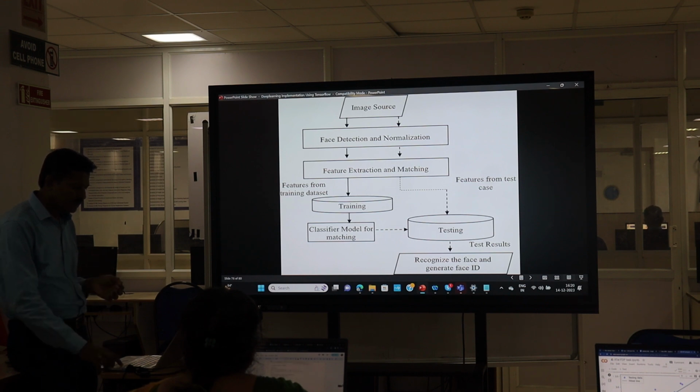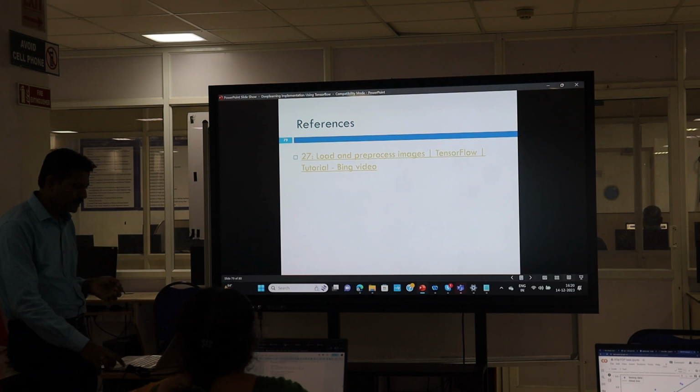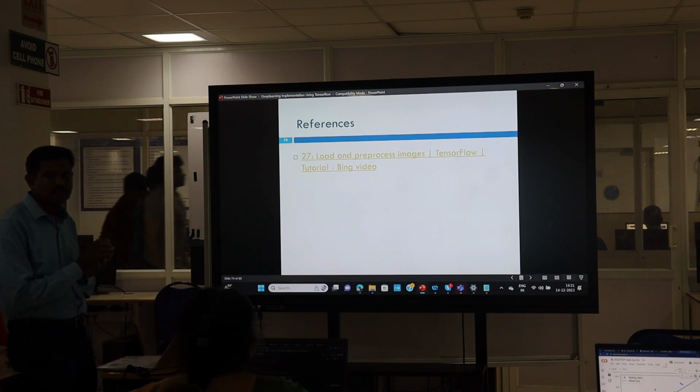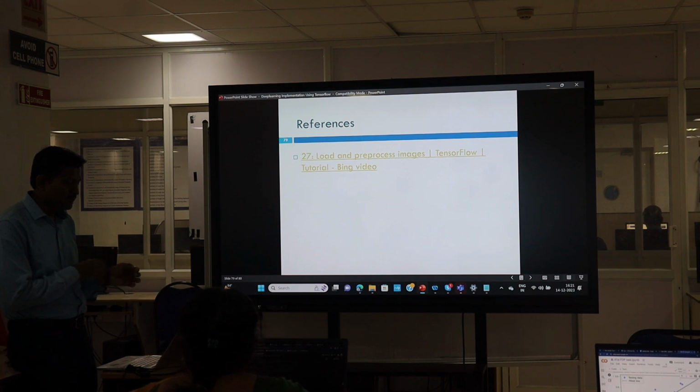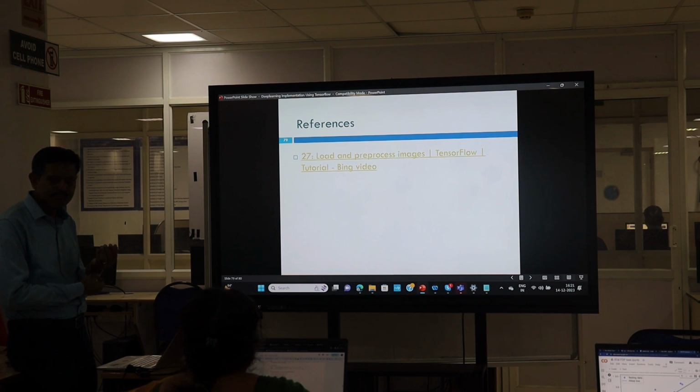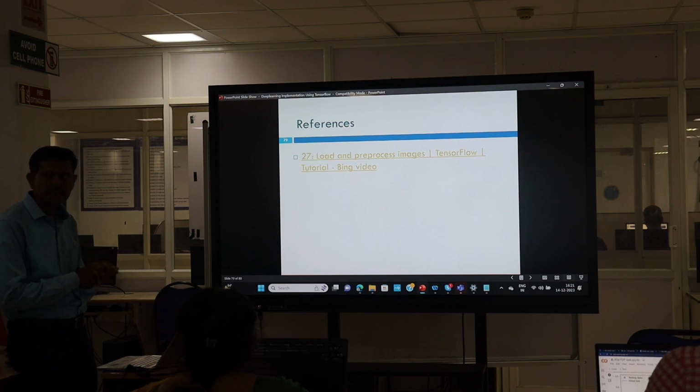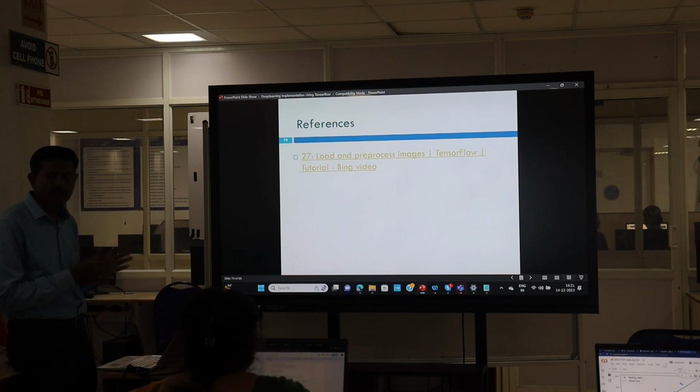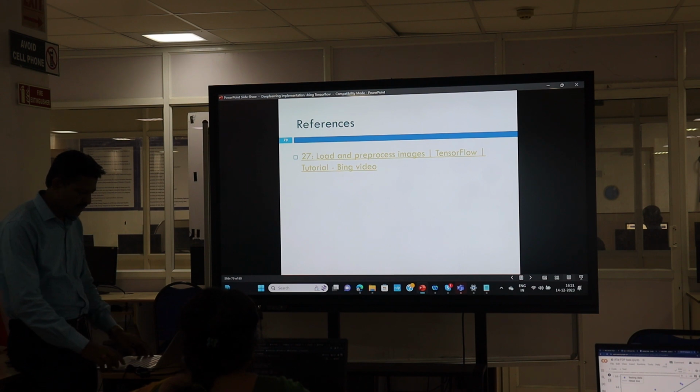Similarly, you can take any scenario and implement any kind of project using the linear model. If you have data sets, then the data sets should be trained and stored in some place, and when you give the input, your mathematical model will process and match with the training data, and it will go to the testing data. Finally, you can predict the images. So this is the flow.